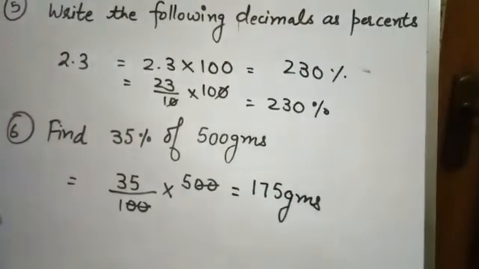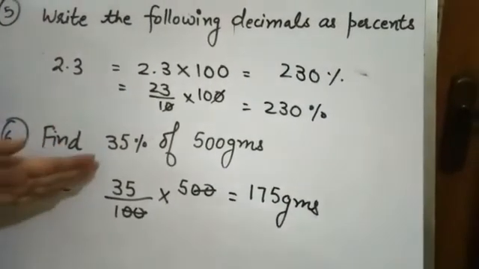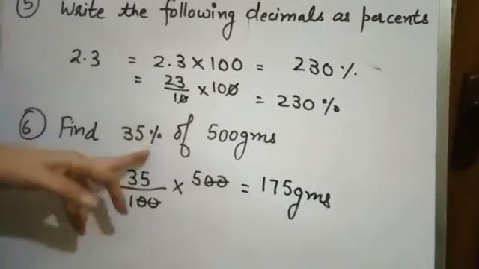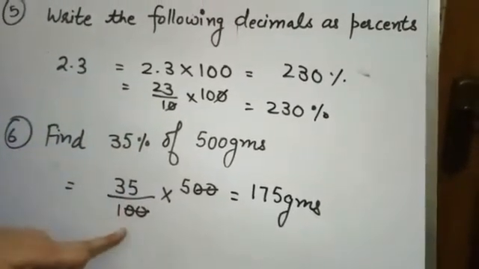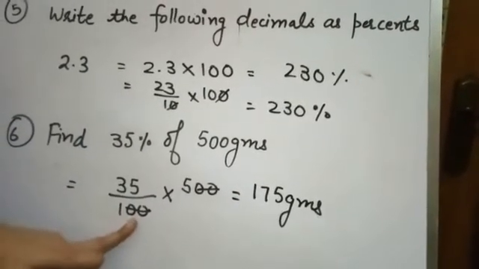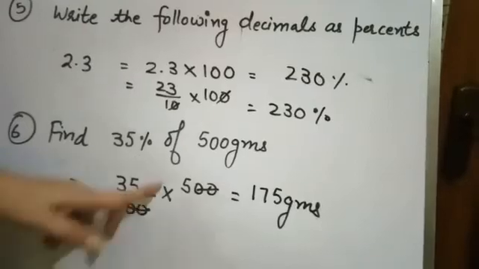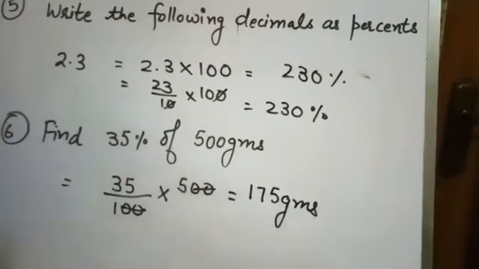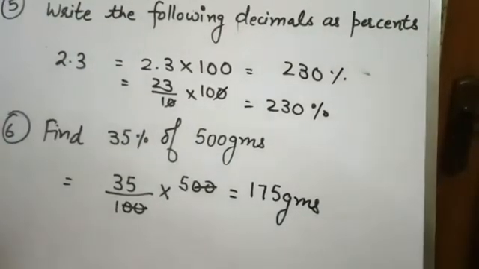Otherwise there are so many ways you can discuss. We have discussed 5%, then 1%. So this is the simplest way to remove the percentage sign. Get the number in the denominator multiplied by 100. There is 1 into 100, that is 100. 100 will remain. Of means multiplication, 500. So cutting that will give you the answer, 175 grams.